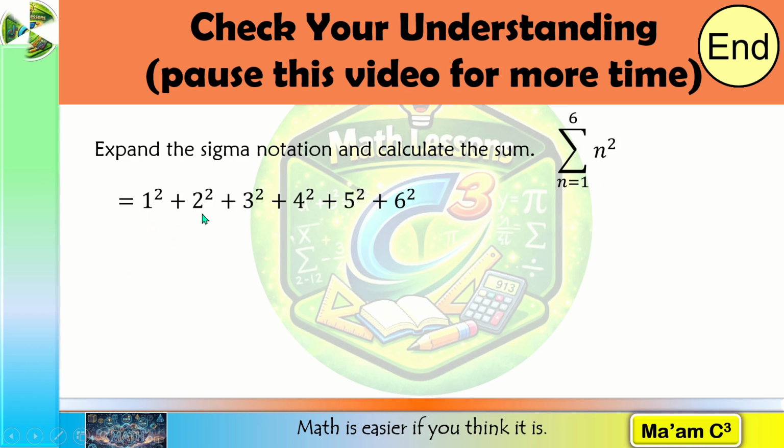This will be 1, this is 4, this is 9, this is 16, this is 25, and this one is 36. This will be 9 plus 1 is 10, 16 plus 4 is 20, that would be 30. 40, 50, 60, 70, 80, plus 11, 91. Great job if you got the correct answer.